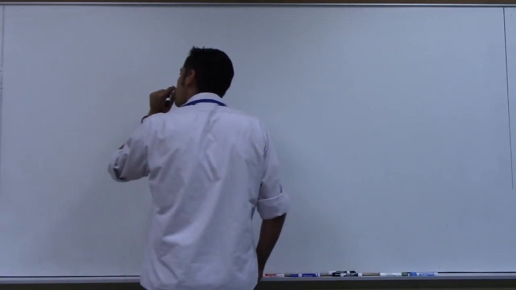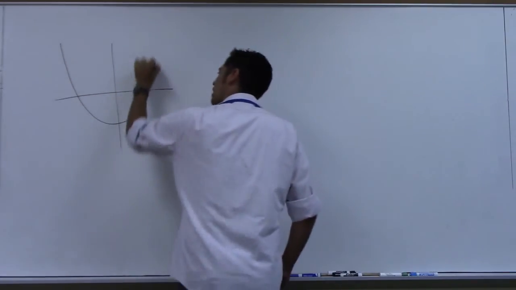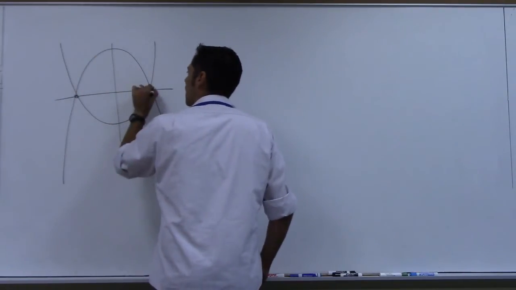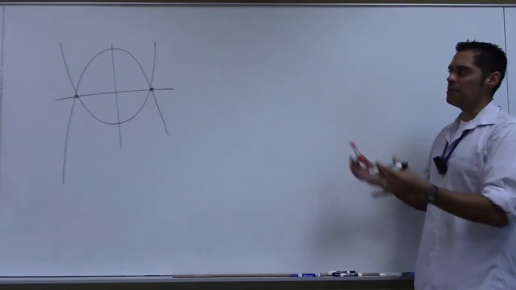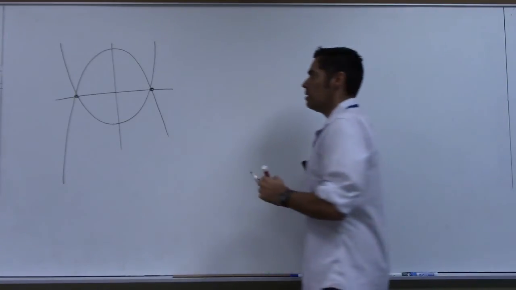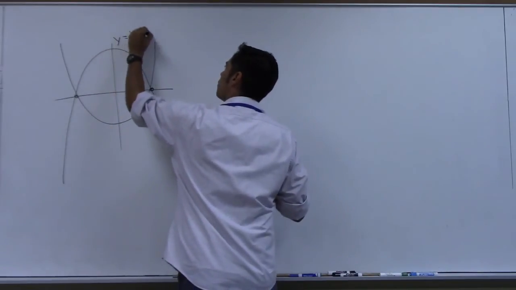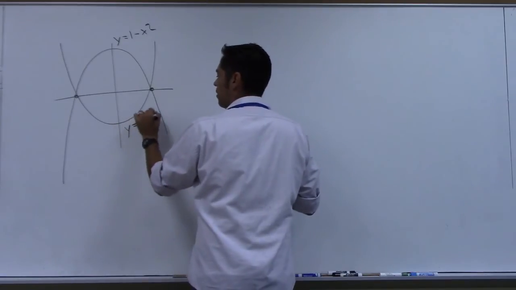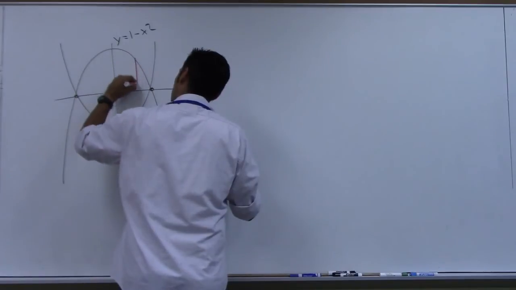So we have the same two functions like this. The reason I'm writing it all down up here is because, again, I want you to see, like on a test, what is the work I'm looking for? Well, I'd want you to label these graphs, y equals 1 minus x squared. This one here, y equals x squared minus 1. You would show me a typical slice on this thing,